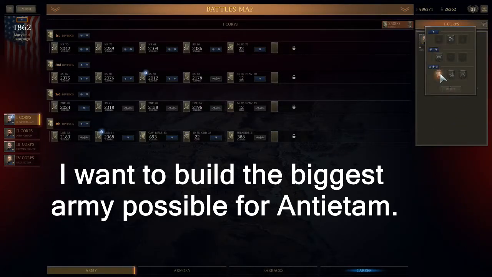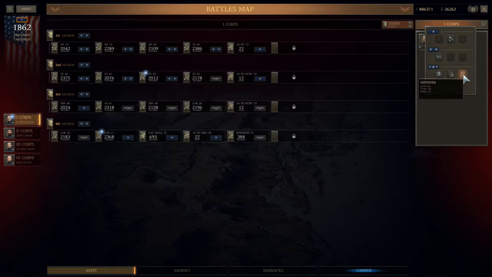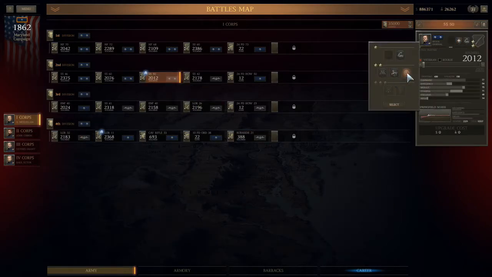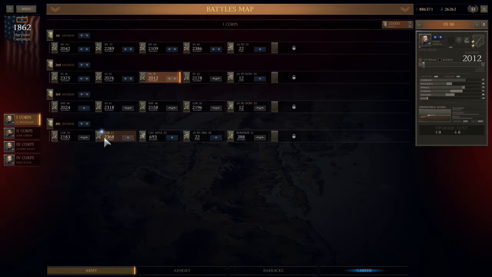Antietam is really a fun battle, and I want to build the biggest army possible. So McClellan got his third star. Now, this is really important. All three stars are really good and improve the performance of the entire corps. And I just want to point out that while McClellan is right now the best officer, you can hand